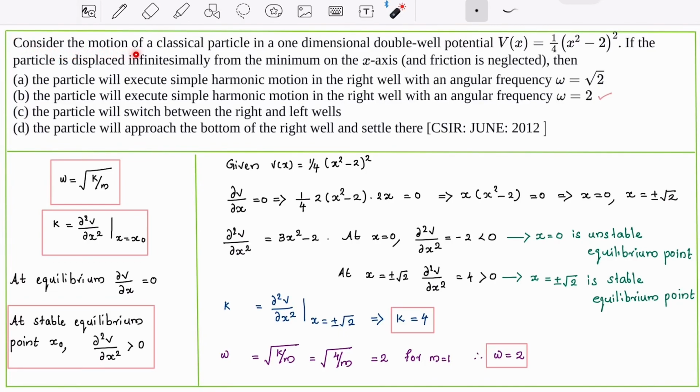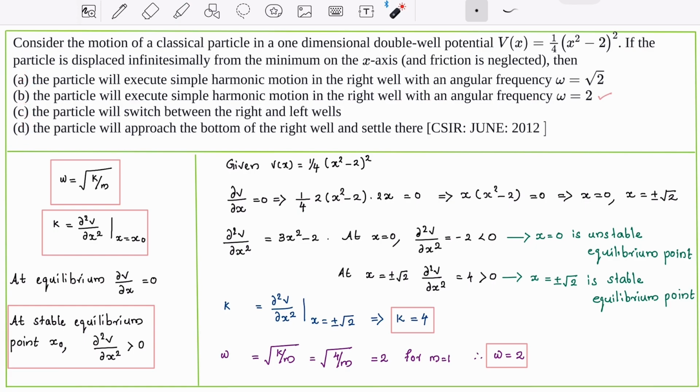Consider the motion of a classical particle in a one-dimensional double well potential V(x) = 1/4 (x² − 2)². If the particle is displaced infinitesimally from the minimum on the x-axis and the friction is neglected, then we have